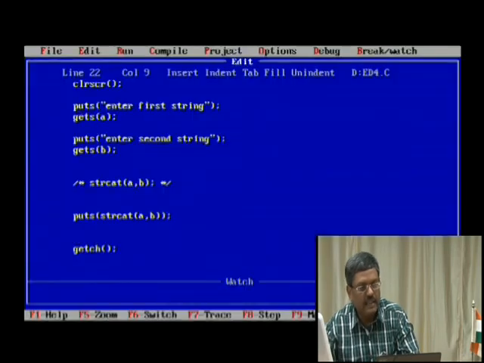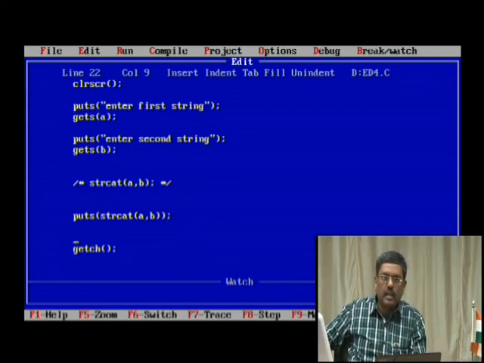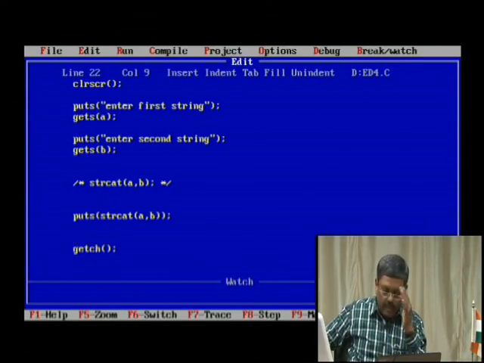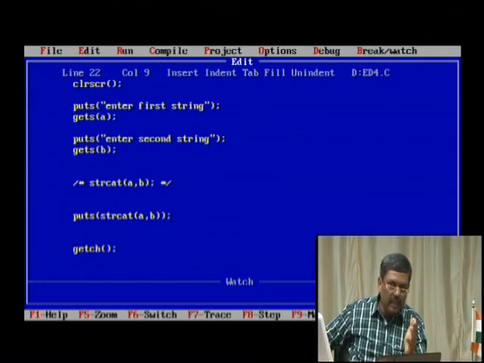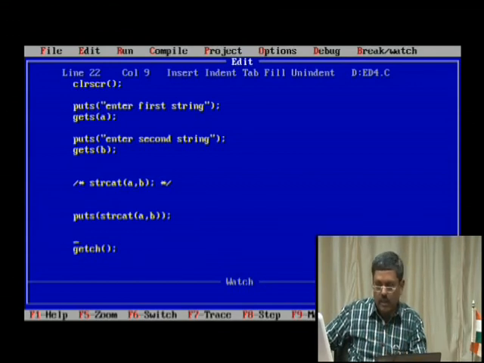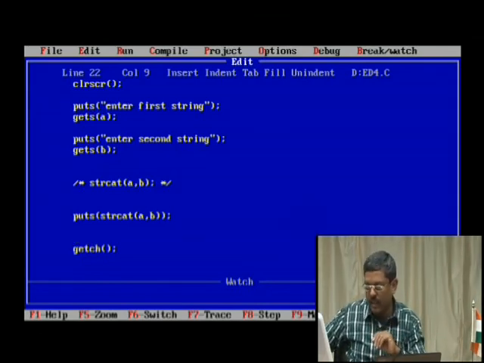So think that there is an array A and whatever might be the length. So how do you find out the end of the string? Always when we find the null character, from that point onwards we have to start writing the other array. So whatever the array B, array B should start at that point. That means we have to get the length of the first string and go to the end of the string and then start writing the second string. That is the trick.